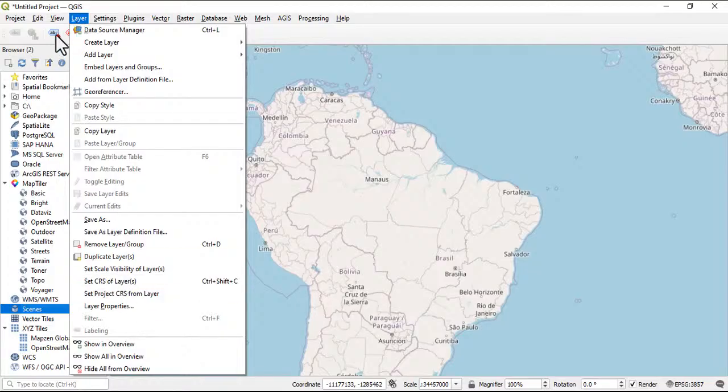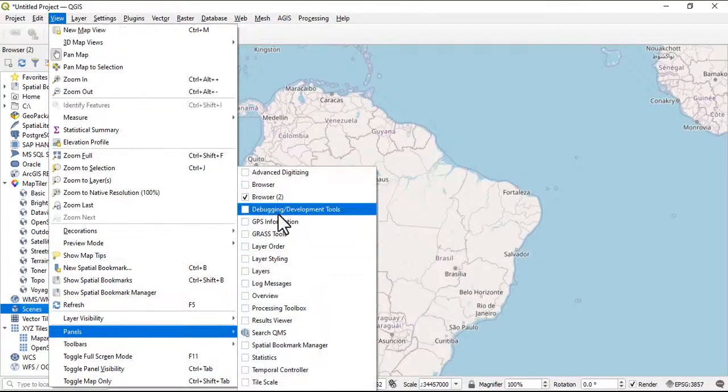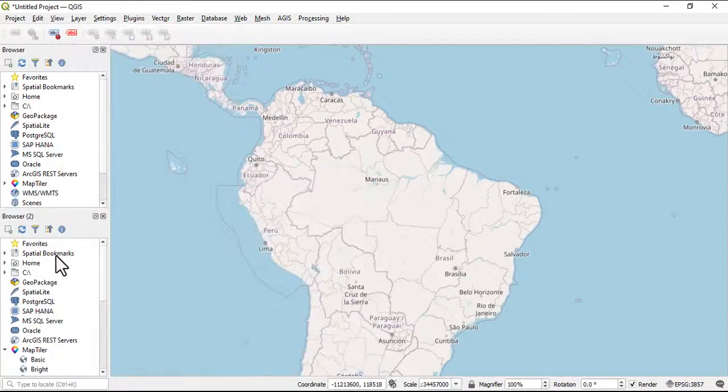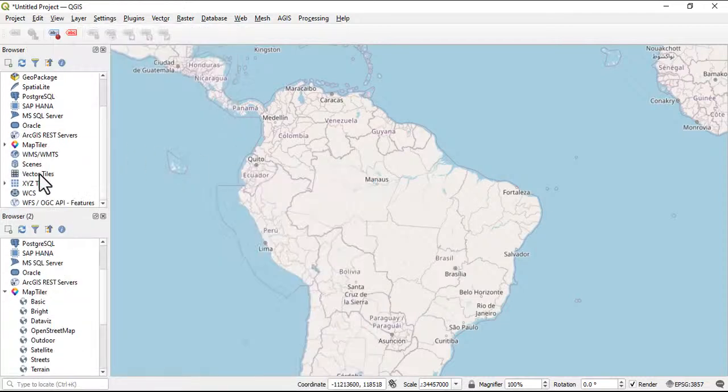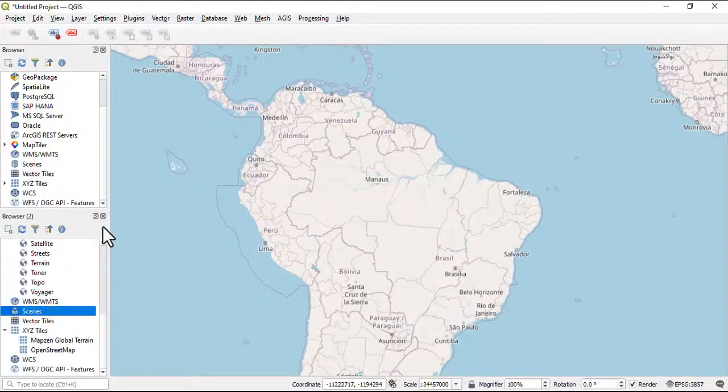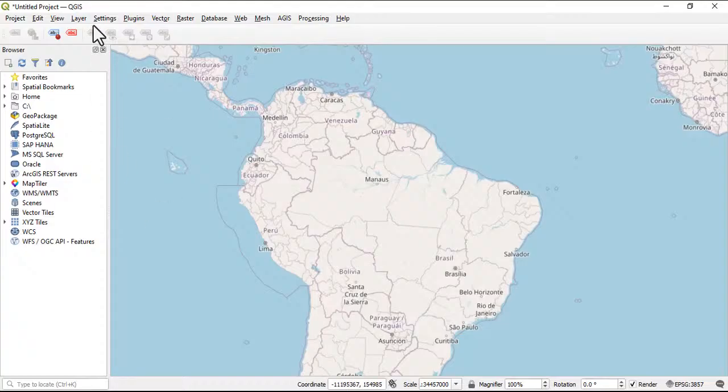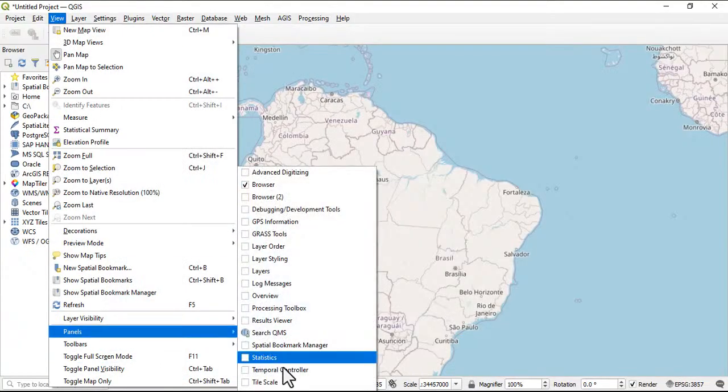Now if we go under the panels again, we have a browser called just Browser. So this is Browser 1 and this is Browser 2. They are basically the same thing, so I don't know why it's split into 1 and 2. So let's remove 1. Let's go back to the panels again, and let's say we want to bring in our